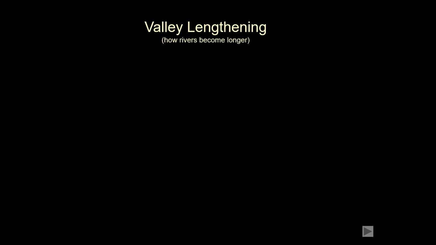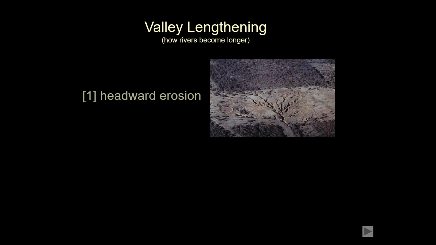Let's talk a little bit about valley lengthening, and this is looking at how rivers get longer. And we're going to talk about two ways that rivers get longer. Valley lengthening is one, the other is delta formation. So the principal way that valleys get longer is headward erosion, which happens